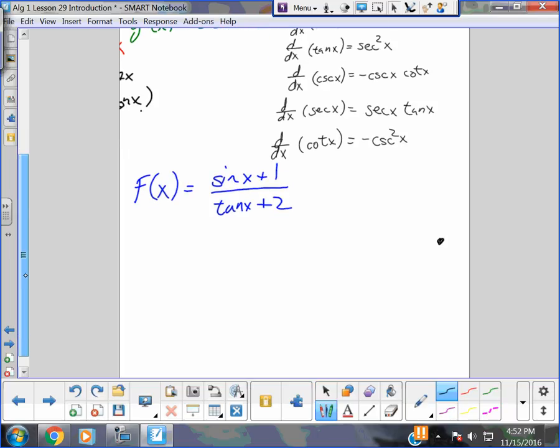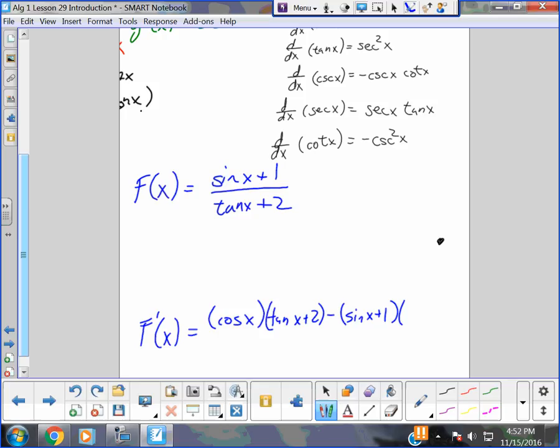I'll leave some space. I can pick f prime of x, derivative of the top. Alright, sine x is cosine x. Derivative of 1 is 0. So it's just cosine x for the derivative of sine x plus 1. Times the bottom, tangent x plus 2. Minus, and I always write the top because I don't want to forget it. But then I have to do derivative of the bottom. Derivative of tangent we know is secant squared, all over the bottom